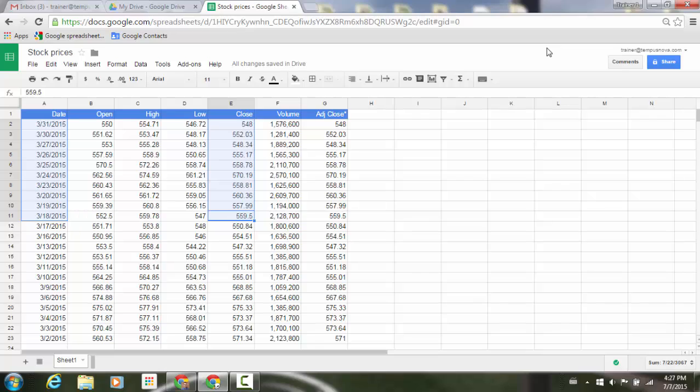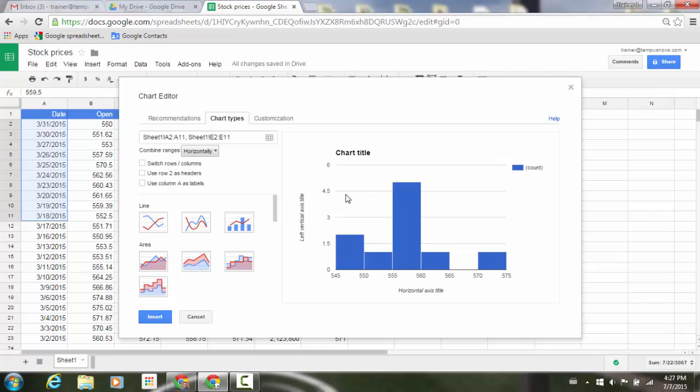So what we have on my screen right now is basically just a simple grab of some data, which is some stock prices. And what I want to do is take a snapshot of the last 10 days of the month of March and what happened with those stock prices. So I've grabbed my 10 dates and I've grabbed my 10 closing prices for those stocks. Now what I'm going to do is go to the upper right corner of my screen and click on Insert Chart. And from there, I'm going to select a line chart to start